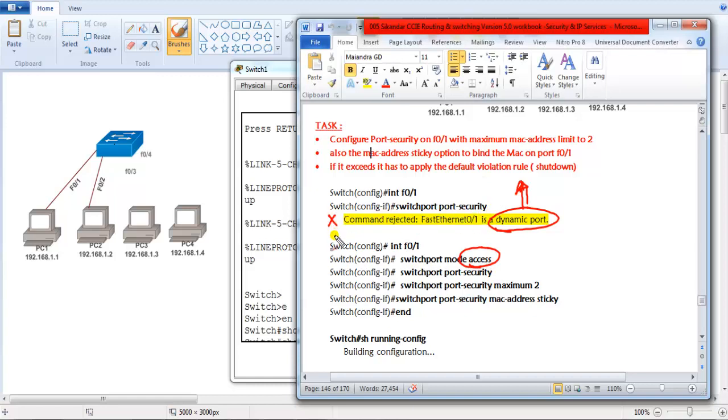The command will reject if it is in dynamic desirable or dynamic auto modes. Then I'm going to define the maximum MAC addresses as 2, and then I'm going to say that it has to bind the MAC addresses automatically to static entries, whatever MAC address is learned on that particular port, by using the sticky option.